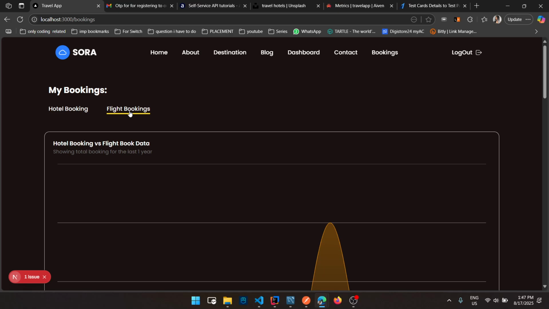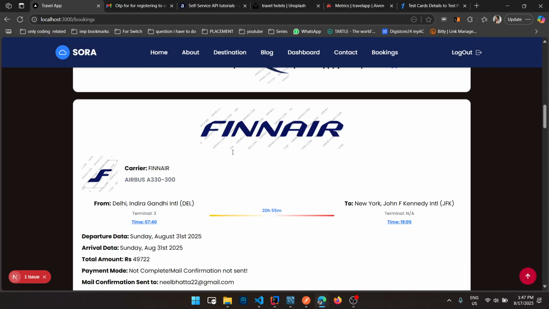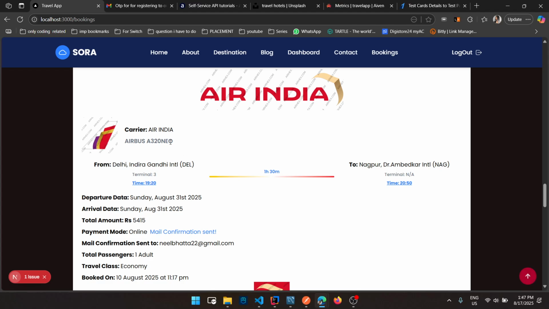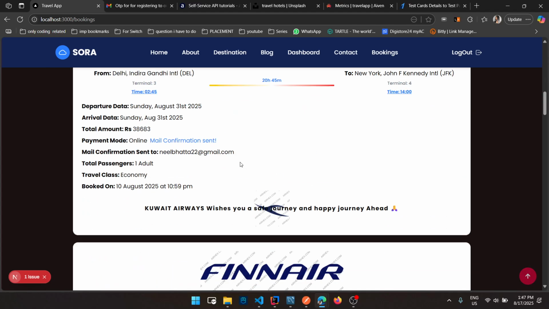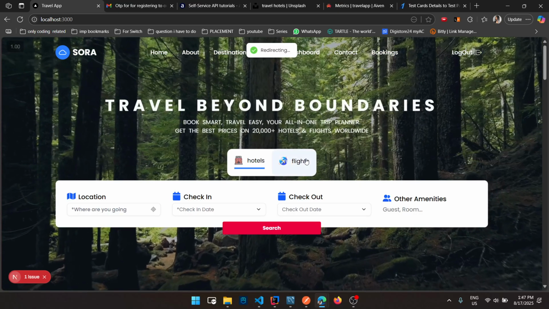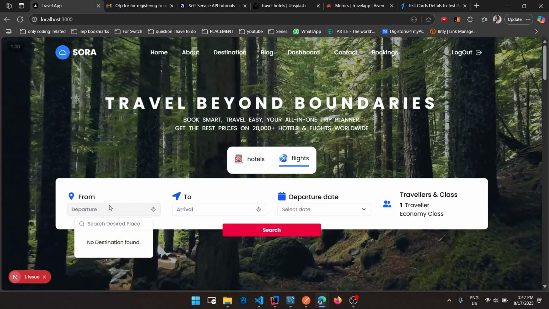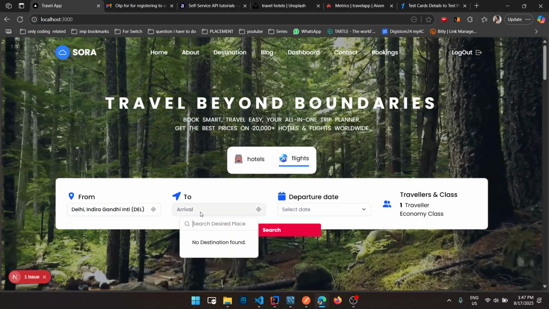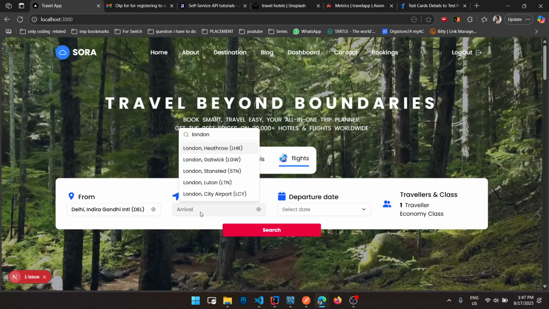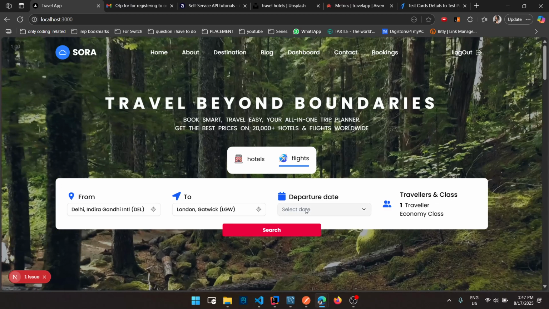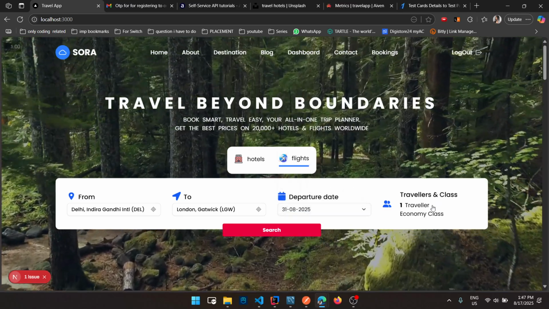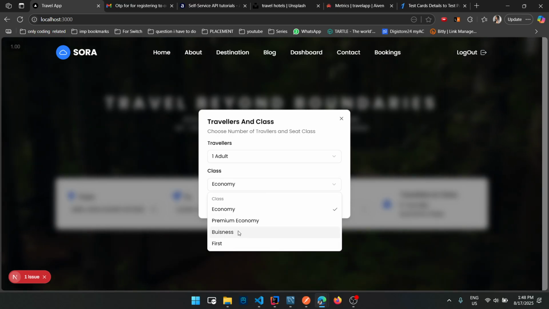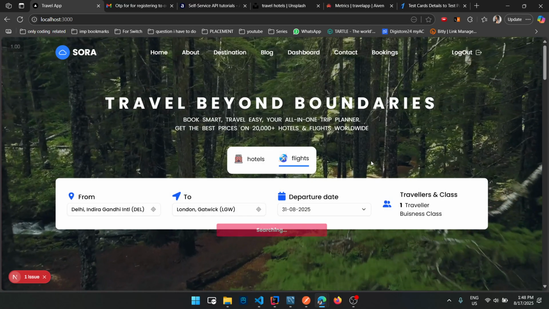And if you want to check out the flights, you can go to flights. And these are the flights I have booked. I will show you the flight in a bit, but just showing you at least for now that this is Air India. So let's go to the flight list. Let's say I want to go from Delhi to London, Gatwick. Obviously the departure date is mandatory. Apart from that, you can select the number of travelers and what kind of class you want, let's say business. If I click search